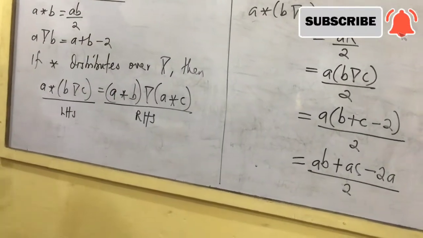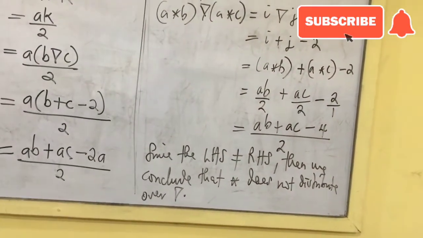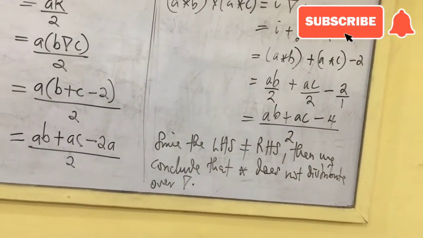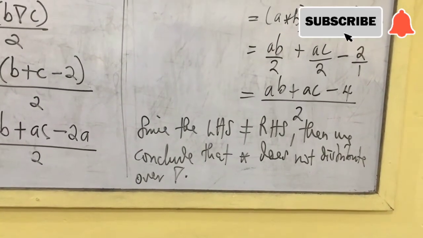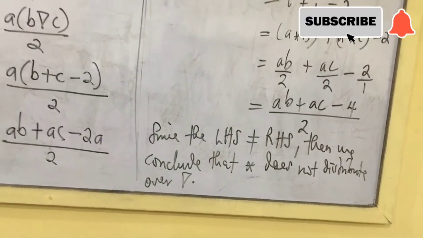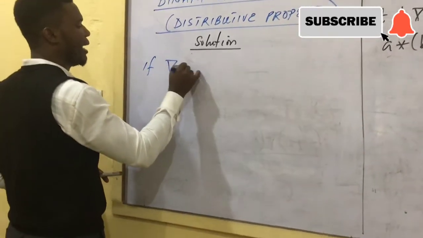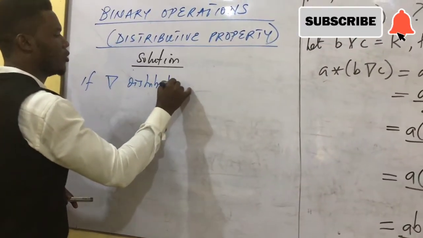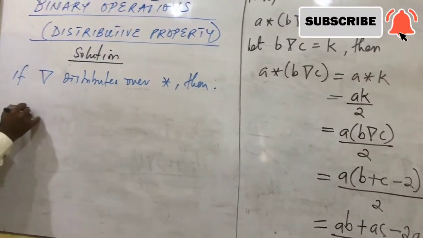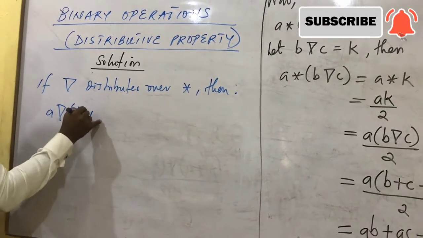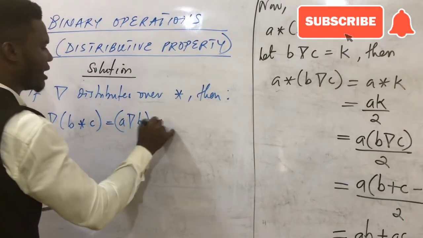Now, the next thing we shall do in this same question is to go to checking whether nabla distributes over asterisk. Okay? So, let's see how that is done. So, let us check if nabla distributes over asterisk. Okay? So, we are going to say here, if nabla distributes over asterisk, then we would have a nabla in bracket b asterisk c is equal to a nabla b asterisk